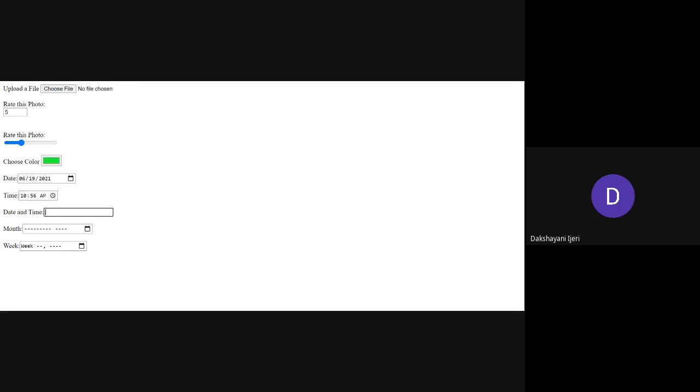Okay. So for this date and time, you can see here nothing is given as an input. Instead, it is just taking it as only a text box to enter or type. Why is that so? Because I think Chrome is not yet supporting this option here. As I told you, all these elements were introduced with HTML 5. So whichever you feel is not yet taking the input in the required format, in that case the browser is not yet supporting that option. Okay. So in the next one also, month, you can see here, yes, the month is working correctly.